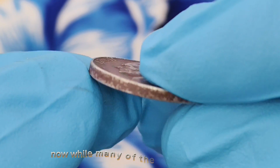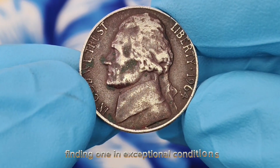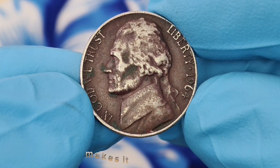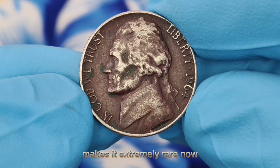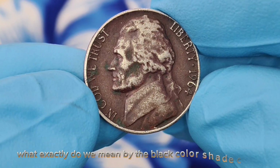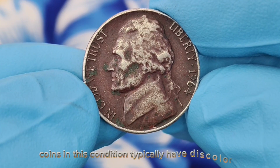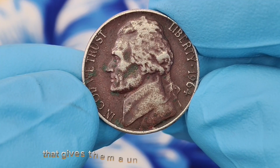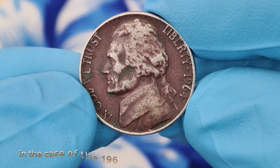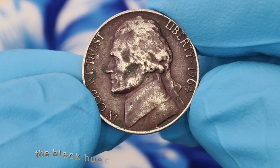Now, while many of these coins are common, finding one in exceptional condition, such as the black color shade we're talking about today, makes it extremely rare. Now, you might be wondering, what exactly do we mean by the black color shade condition? Coins in this condition typically have discoloration that gives them a unique and often striking look. In the case of the 1964 Jefferson nickel with a D mint mark, the black hue can appear due to